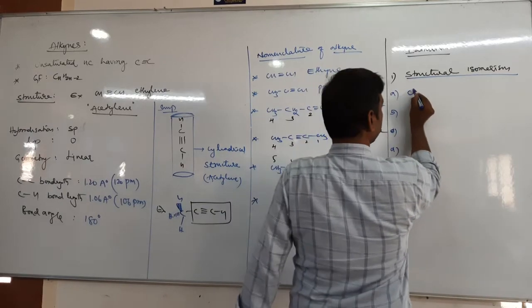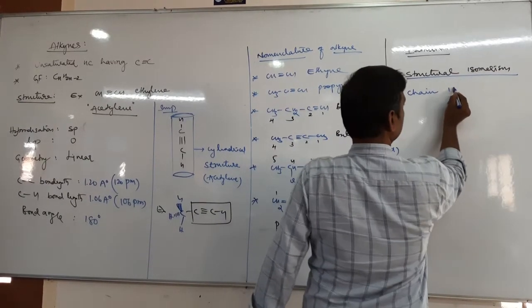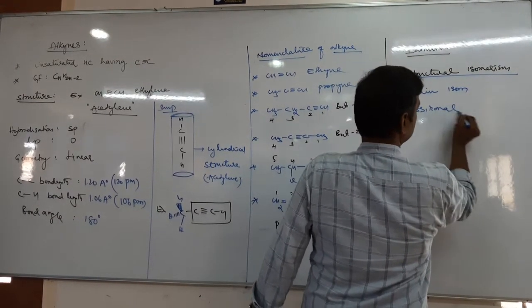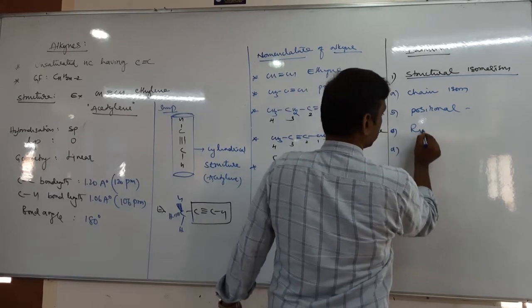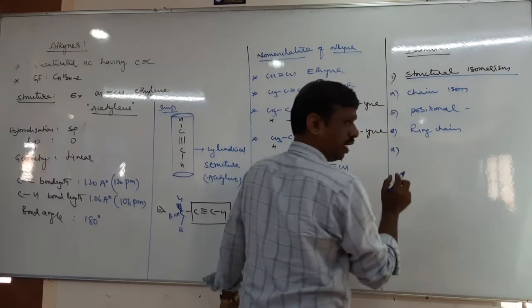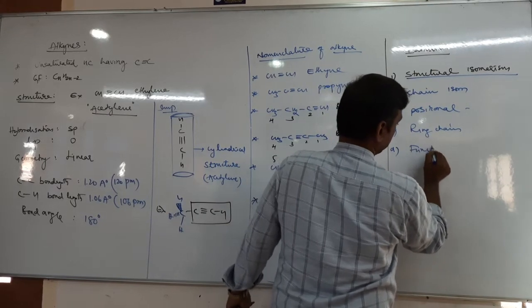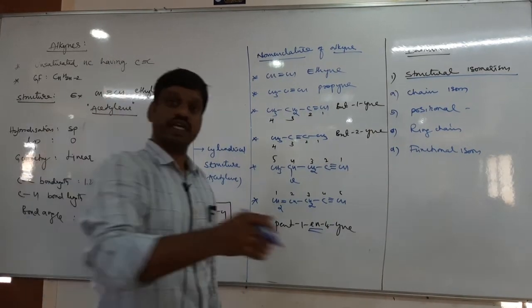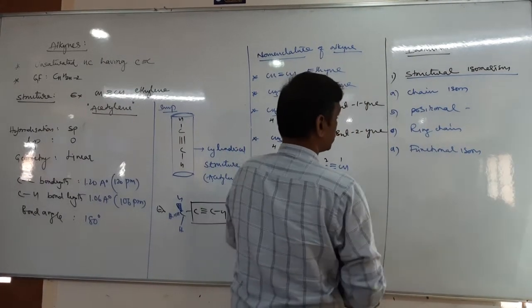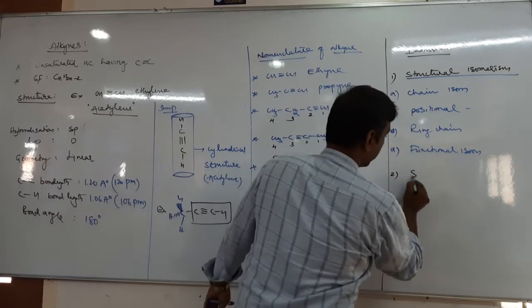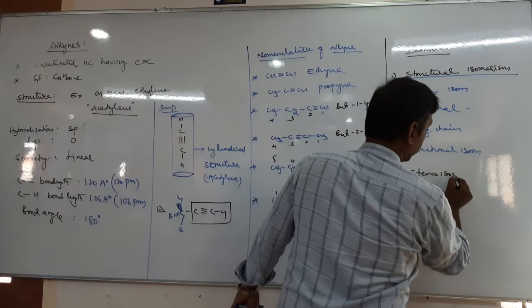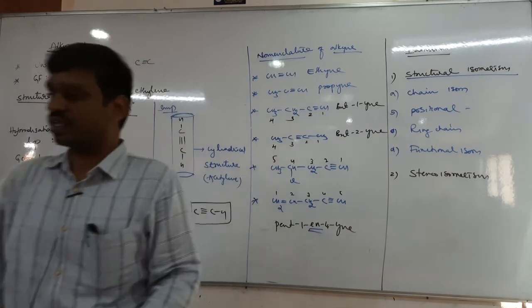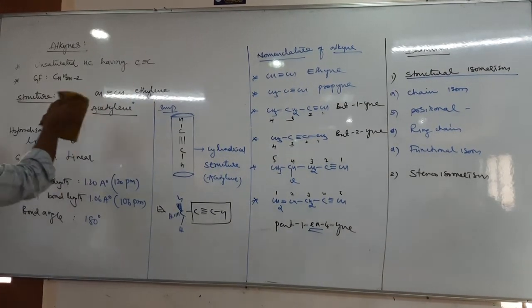So tell me, 1. Chain isomerism. 2. Positional isomerism. 3. Ring chain isomerism. And 4. Functional isomerism. So these 4 isomerisms are also possible in case of alkyne. We have studied the same. Next, second one, after structural, stereoisomerism. So alkyne can also exhibit stereoisomerism, which requires at least one asymmetric carbon. That is a condition. Okay. So now tell me,